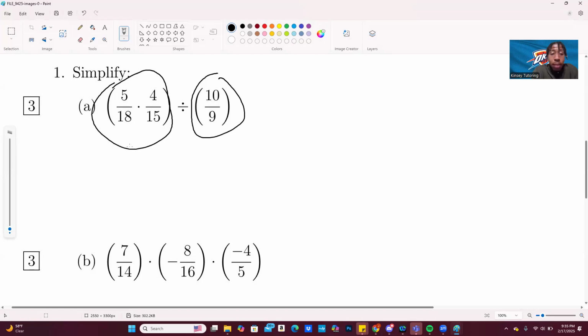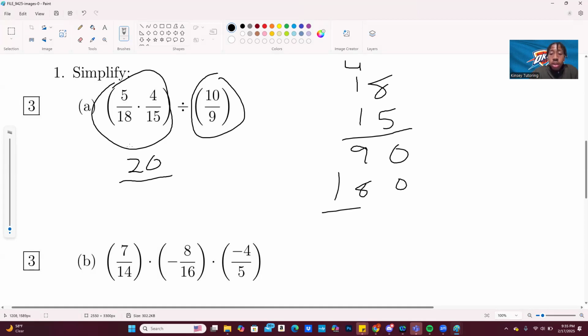Multiplying fractions, multiply the top and the bottom by each other. 5 times 4, 20. 18 times 15, excuse me. I'll do a little math for that. That gives us 270. Okay, so 20 over 270